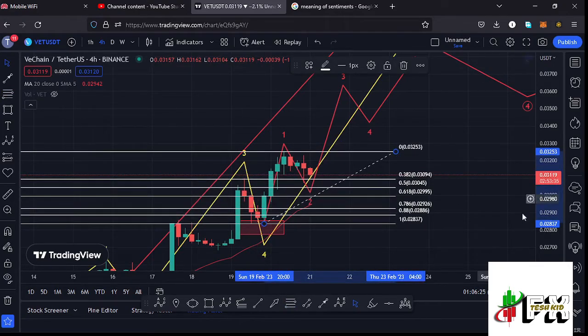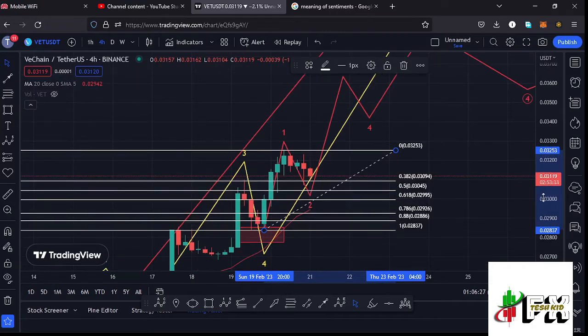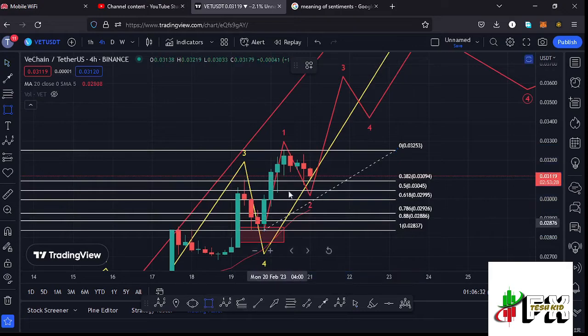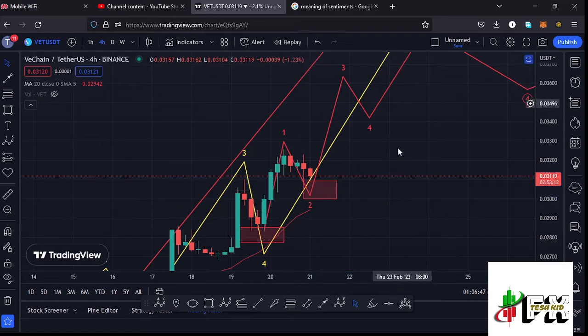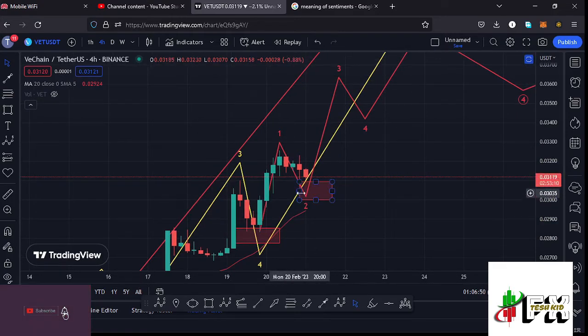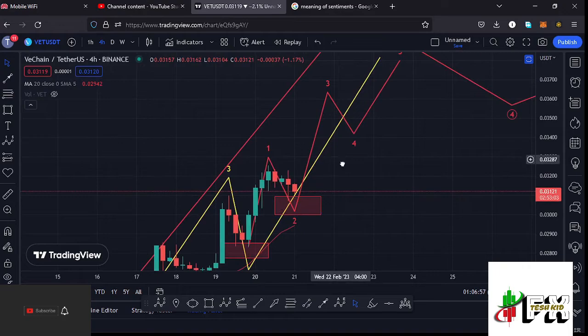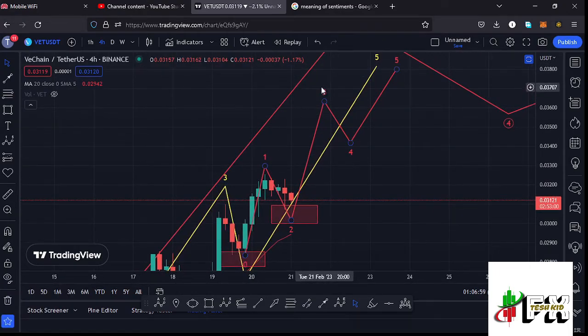That gives me a minimum retracement area between the fib level 0.5 and the fib level 0.618, and I can mark that target area here on the charts. We can mark it from the area at around the fib level 0.382 to the fib level 0.618 as a maximum, and that is between the $0.0394 mark and the $0.02995 mark. And in case we see a pullback into that target area, then I'll be sure that we have seen the low for that second wave, and we can expect another massive run up to the upside in the formation of this wave 3,